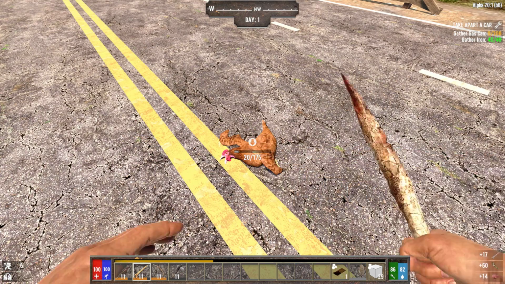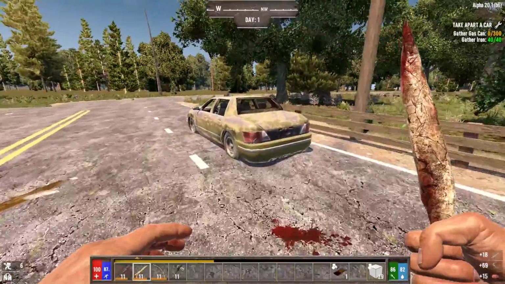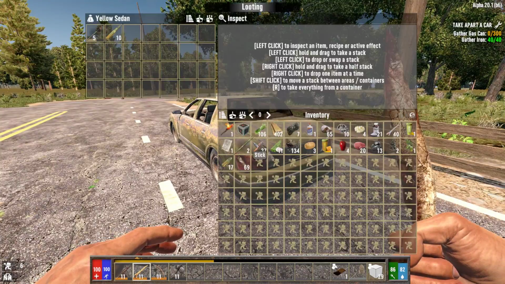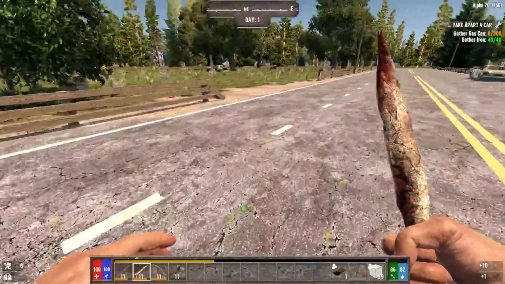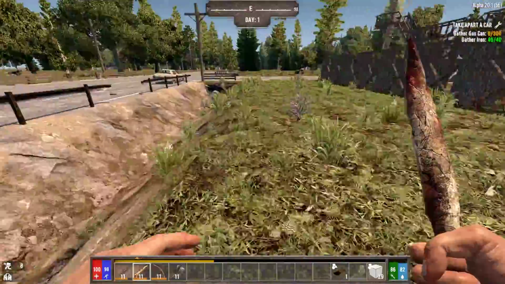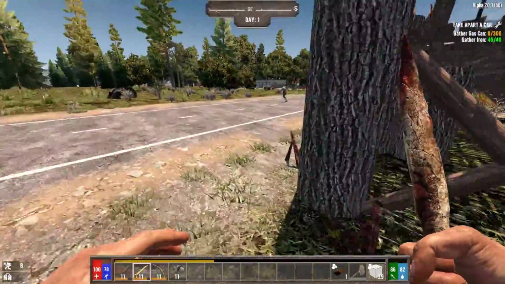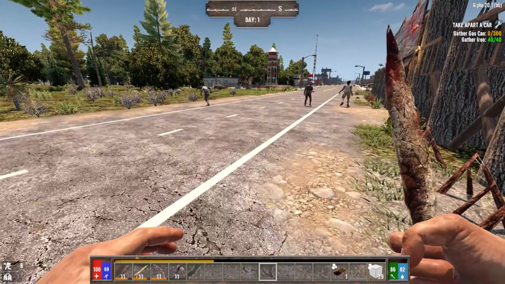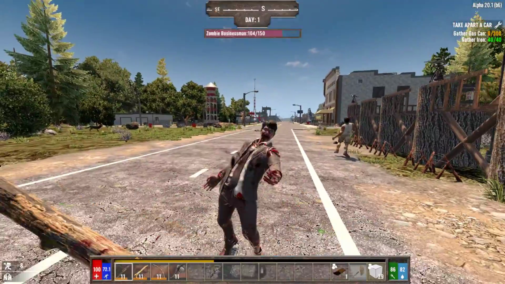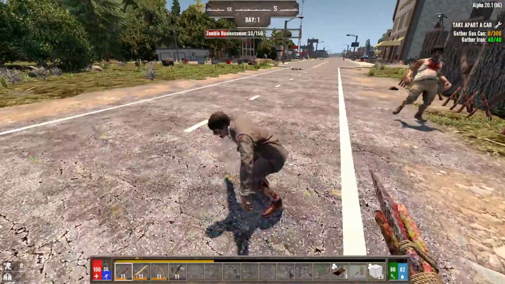This guy is his normal. We got a shovel, that's good. Okay. Let's see if we can clear out zombies. We don't want the zombies around while we're...